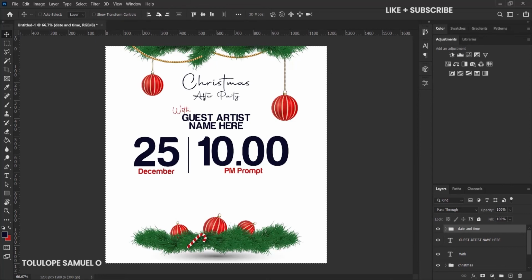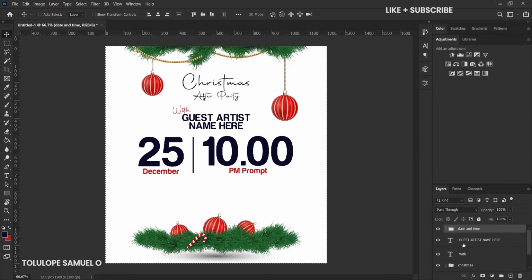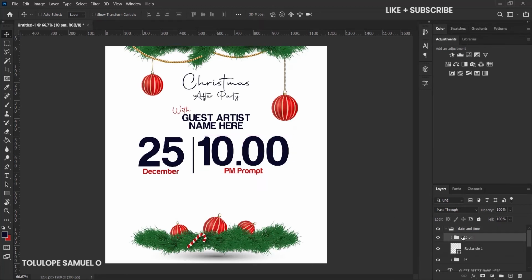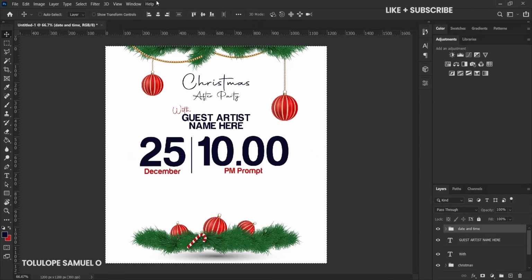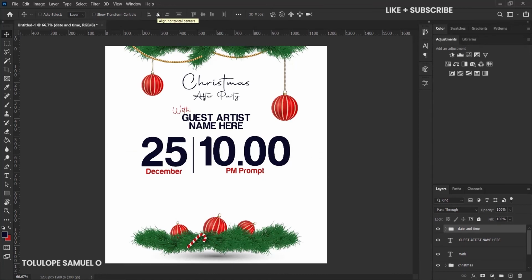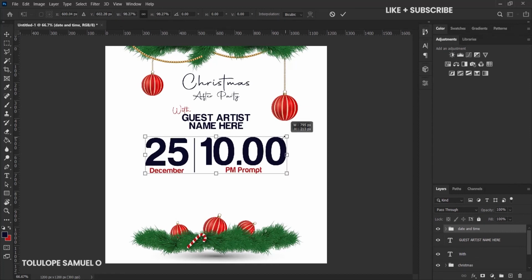Press Ctrl A on my keyboard to center it basically. After centering it, press Ctrl D. I would like to reduce the spacing among them, so I can just reduce this spacing here. Pick this also and reduce the spacing a little bit. Pick the three of them together again to balance the spacing. Once I pick the three of them together, I'll balance the spacing using this. I'll press Ctrl A on my keyboard this time and center it so we are sure it's in the center. Press Ctrl D to deselect.